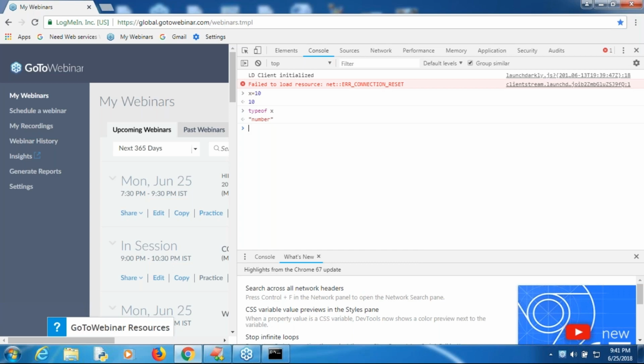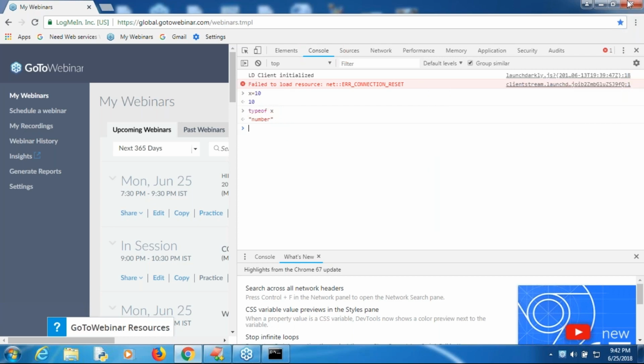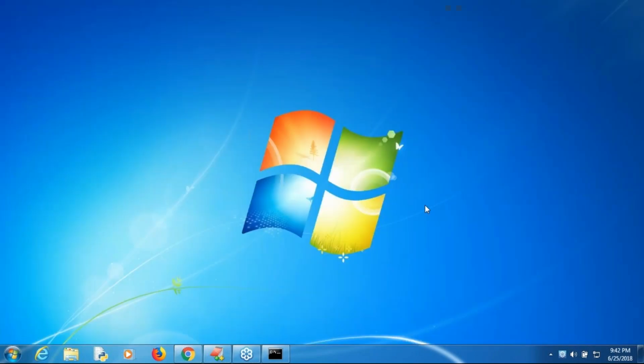We are not required to specify the type explicitly. Don't worry, sir, this is the JavaScript console and this is the JavaScript code. It is just like Python. There we are using type of x. Anyway, it is not required for our course. Sir, just up to this it is clear.